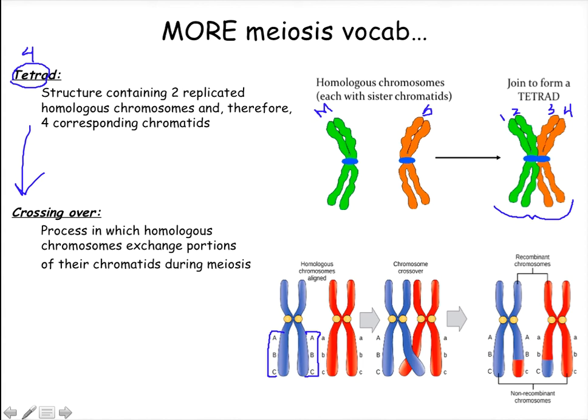But over here, on the other homologous chromosome, you'll notice same genes, but different alleles. That's why we wrote them in lowercase letters, to indicate same genes, but different alleles. So when these two homologous chromosomes and their duplicates come together to form the tetrad,